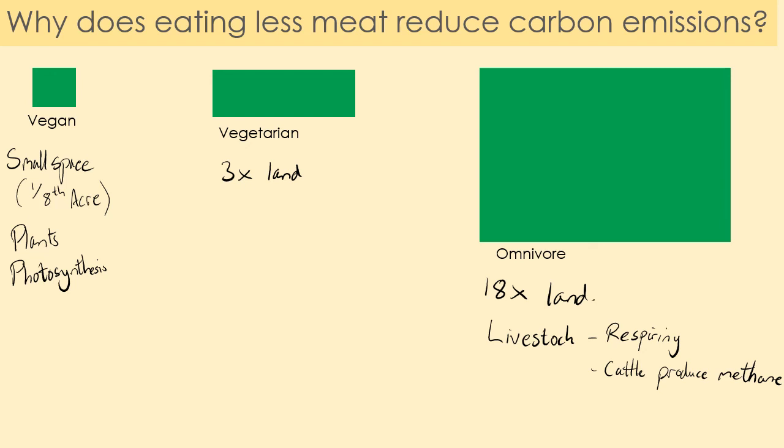We can see if everyone became vegan, we've suddenly got an extra 17 plots of land per person that we can plant trees on to act for photosynthesis. We can spread out housing to reduce the heating effect from different cities. However, to do that means that you have to force everyone to become vegan, which as a society we are not able to do. We cannot force people what to eat.